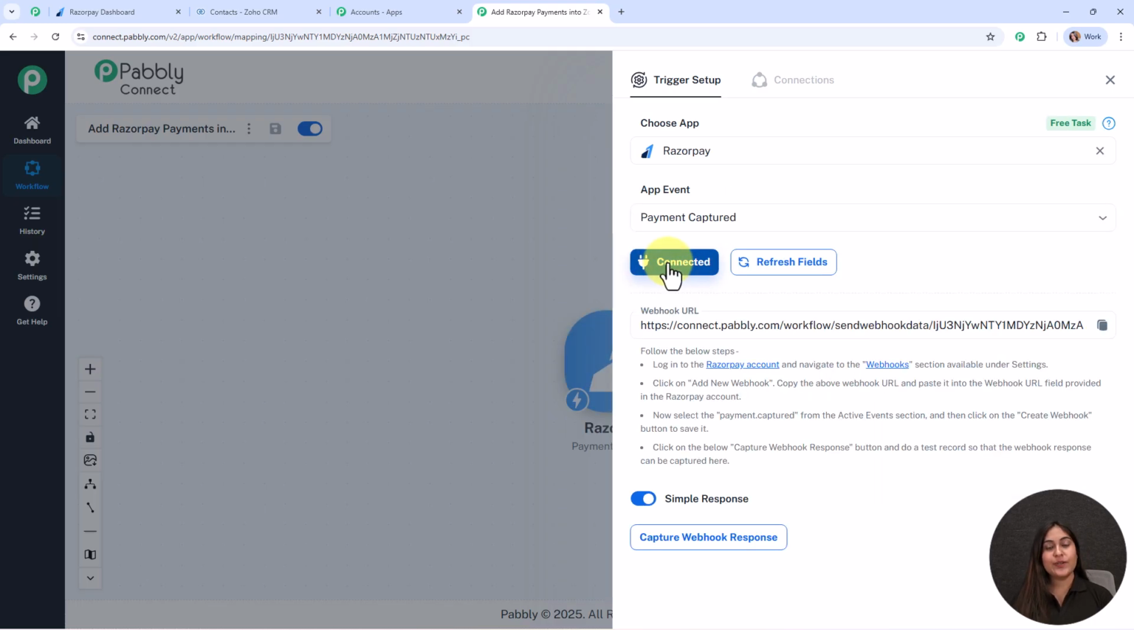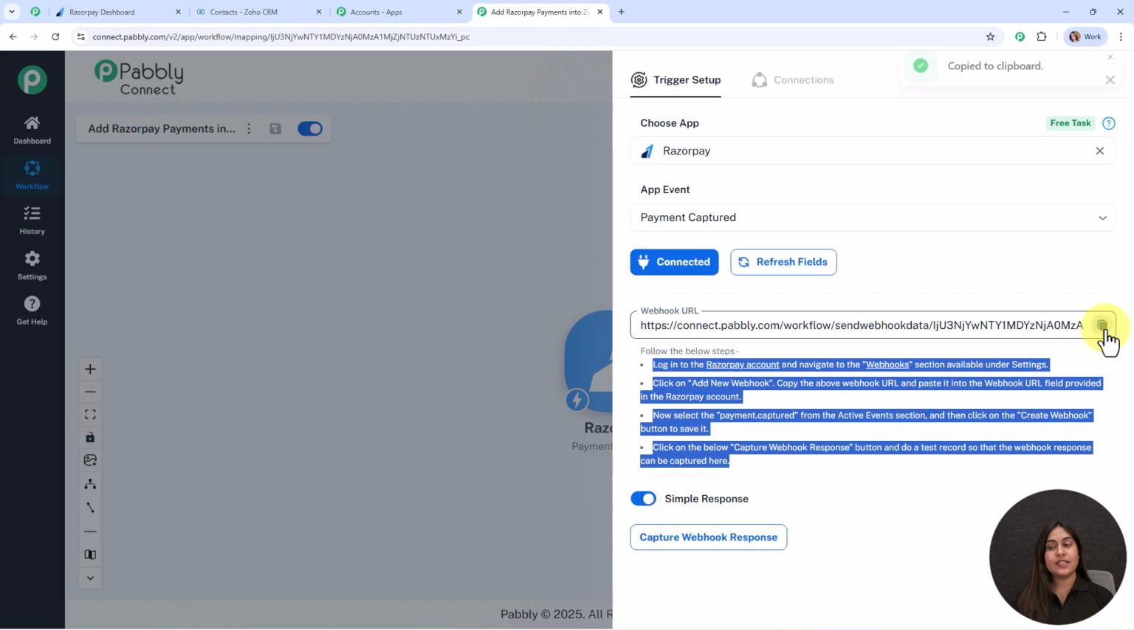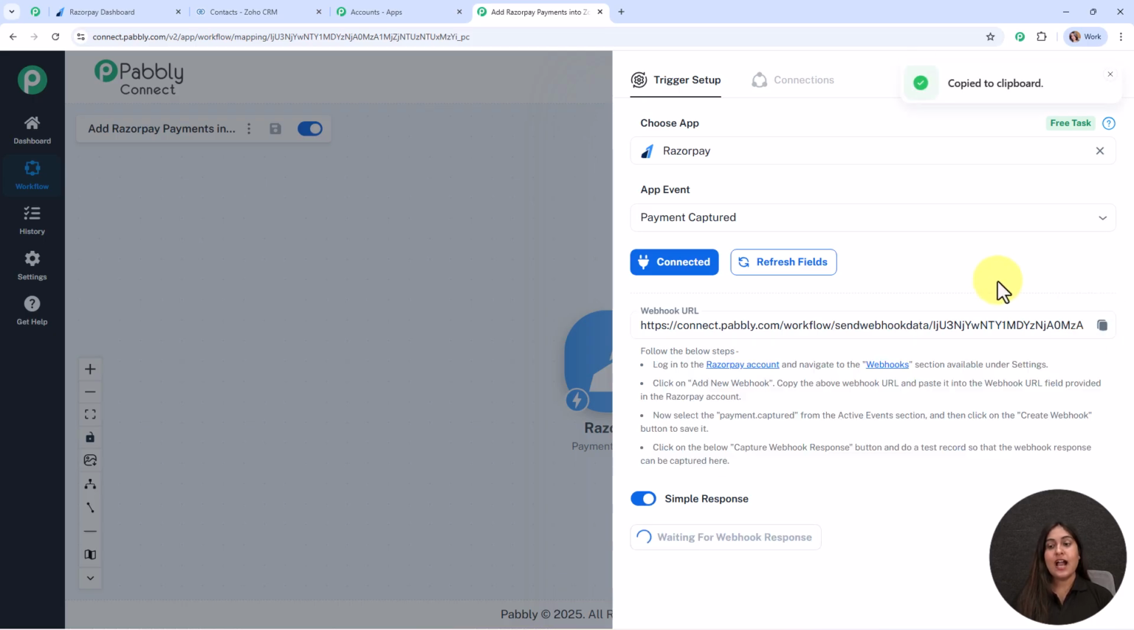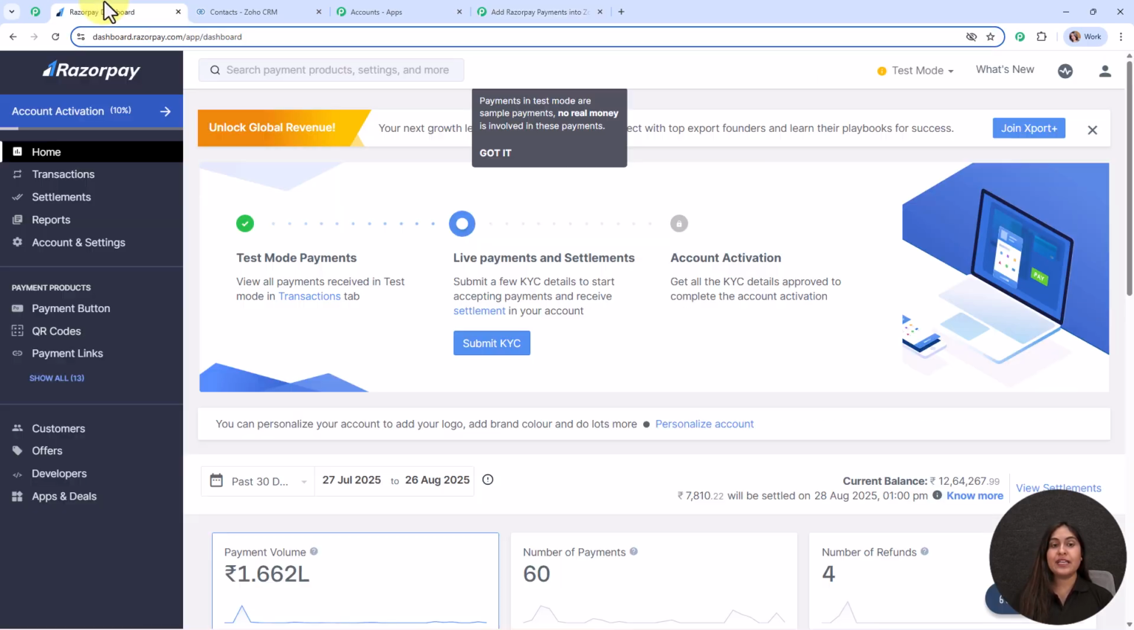Then we are going to click on this connect, and here you can see I've received a webhook URL. That means here I'm going to use this webhook URL to connect my Razorpay with Pabbly Connect. So following the instructions given below, firstly I'm going to copy the webhook URL, and here I've already logged in my Razorpay account. So this is my Razorpay account, and here to set up the webhook inside the Razorpay account,